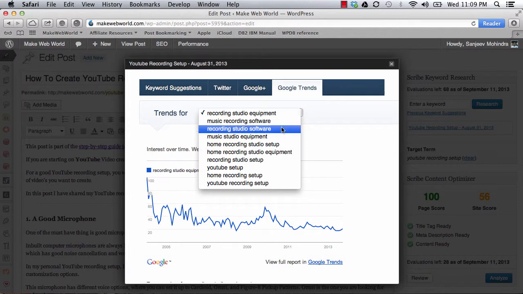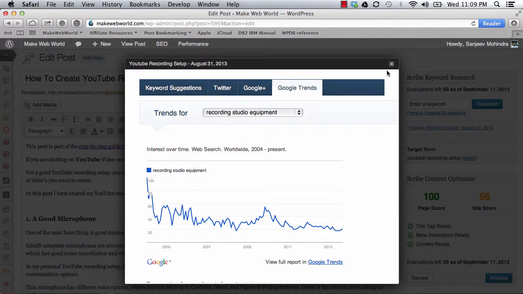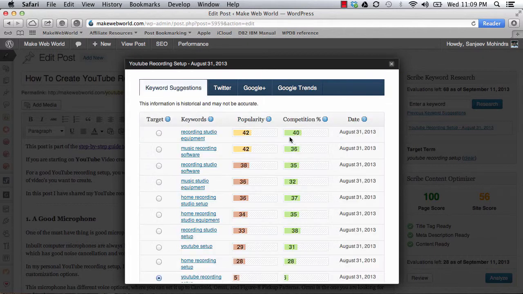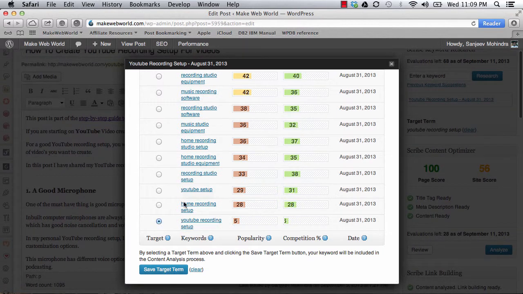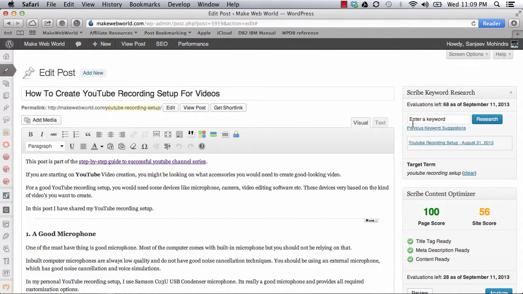You can change your keywords here and see what kind of response you are getting, and decide on what headline you want for your article, as well as what primary keyword you want. Whatever primary keyword you want, just select it and say save target term, and you are good to go.